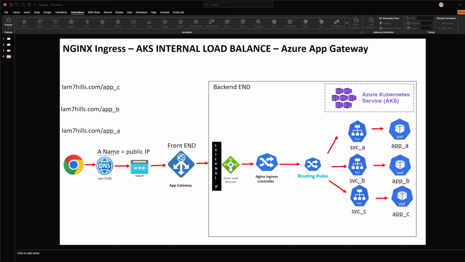In this video, I'll explain how to access your application outside your Kubernetes cluster. So let's assume that I have three applications, application 1, application 2 and application 3. I'm going to access these three applications using your browser. For example, when you hit your URL im7ins.com/API, basically you are going to call this